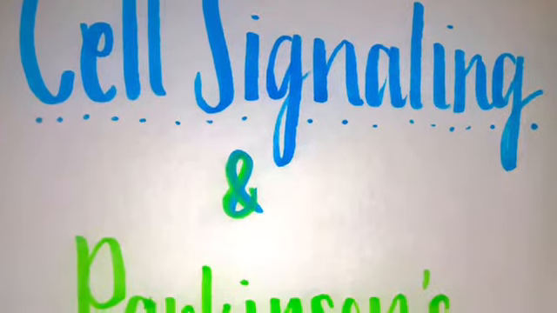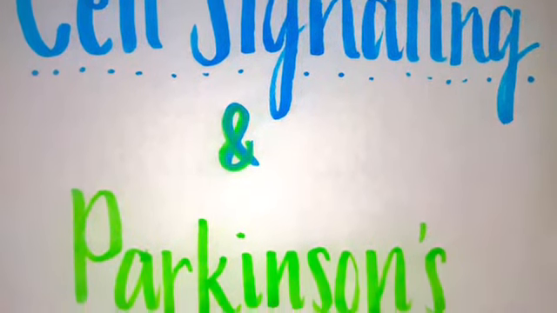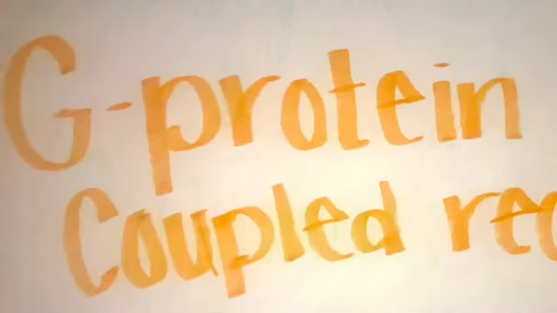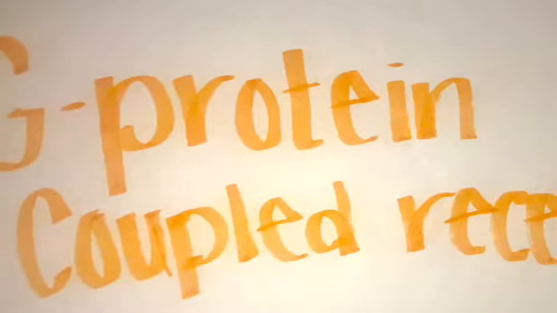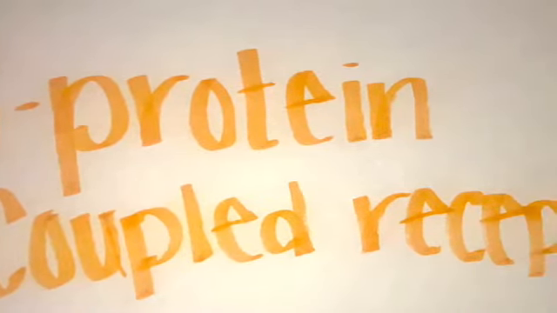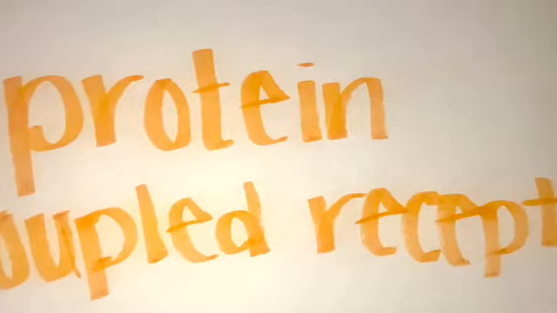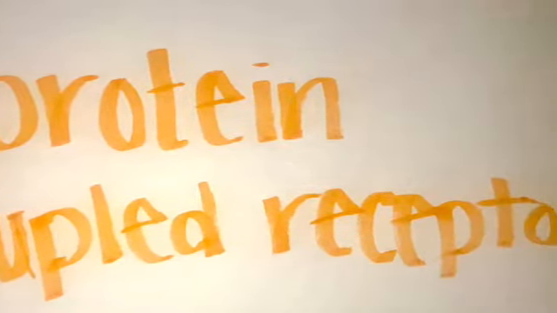Cell signaling and Parkinson's disease. The G-protein coupled receptor cell signal pathway is a cell communication method associated with polar signal molecules that cannot diffuse through